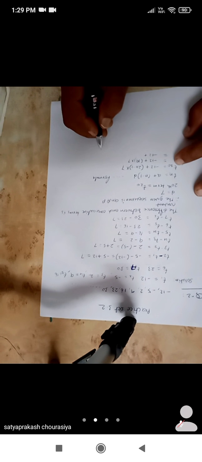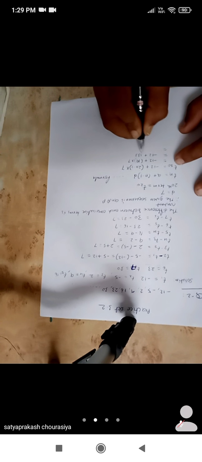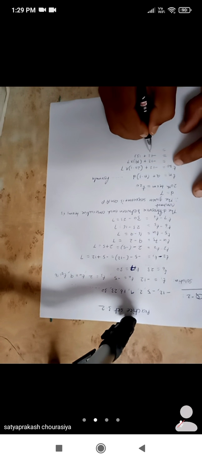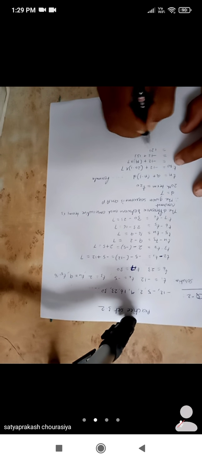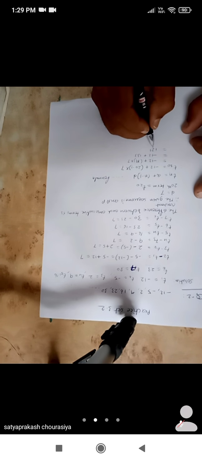7 times what do we have to do? Read. So 19 sevens are 133. Now here this is plus 133 and this is minus 12. So plus and minus, so we have to do the subtraction. 3 minus 2 is 1. 3 minus 1 is 2. And 1. The greater number is 133 and before that there is a positive sign, that's why this will be positive. So the 20th term is 121.